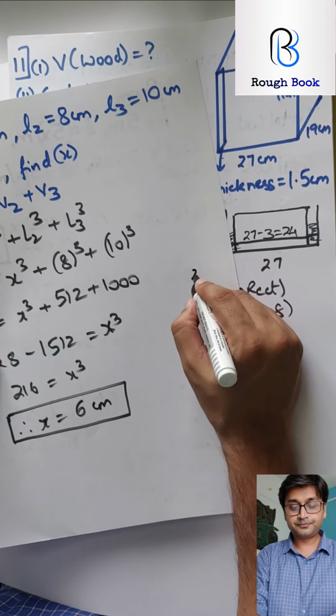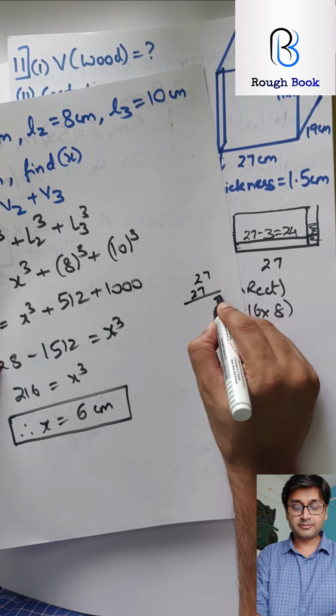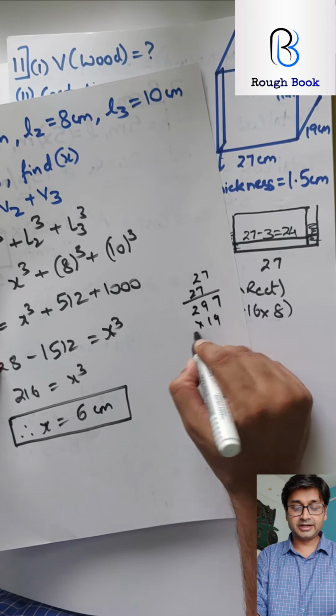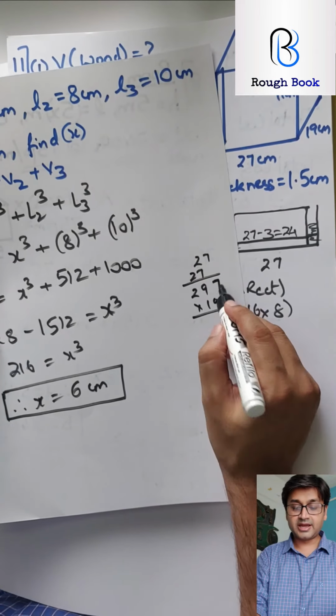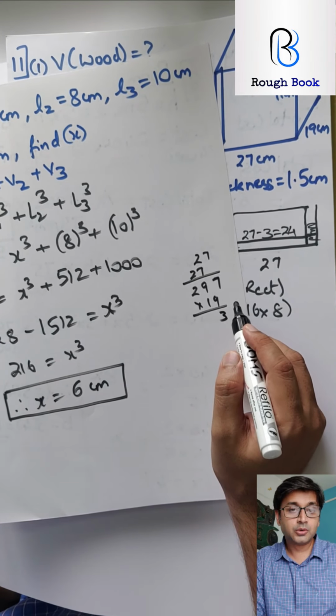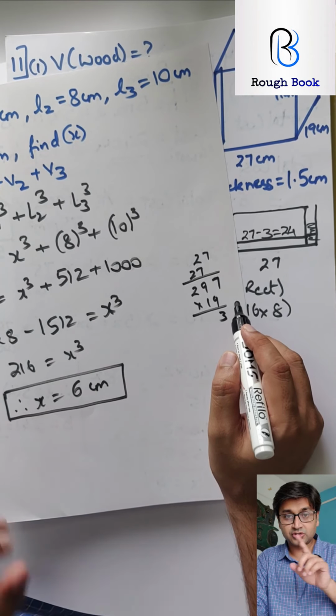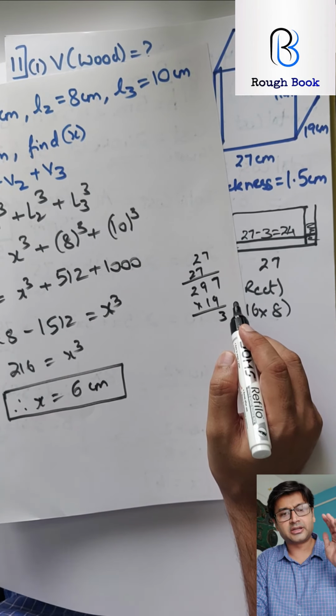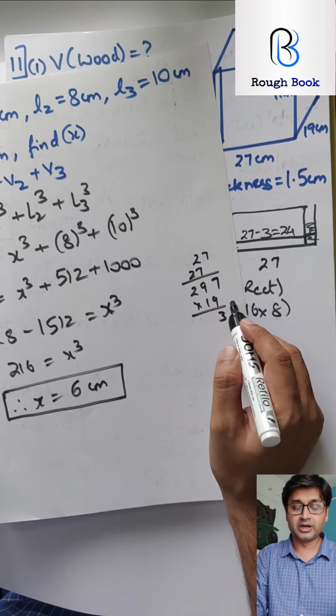27 into 11. So that will be 297, into 19. This one. So 9 sevens are 63. You must multiply all this. If you do not do that, you will not get a good practice. So please pause. Don't cheat. Try on your own. Come back. Take your time. Doesn't matter. We are not going to go anywhere.